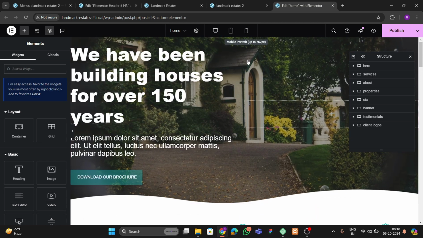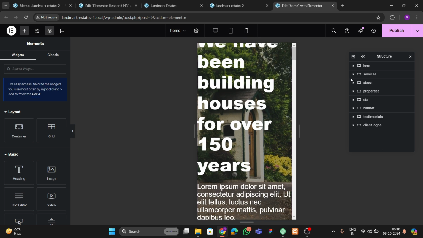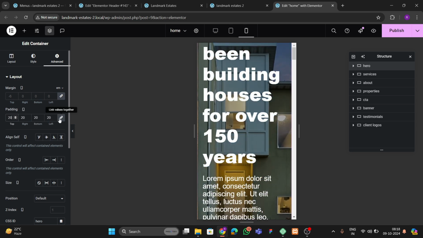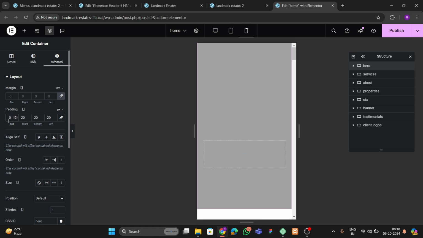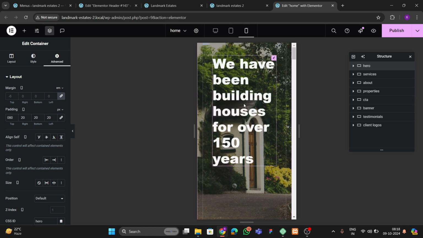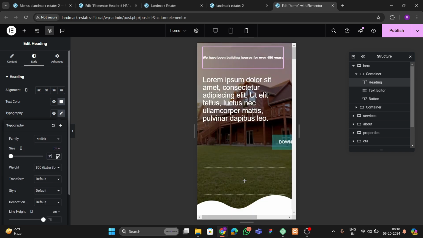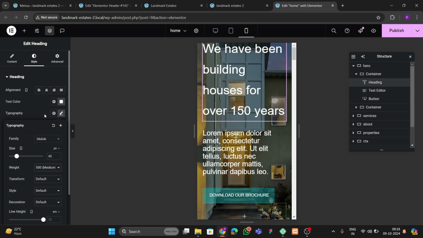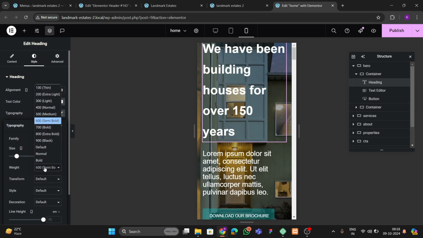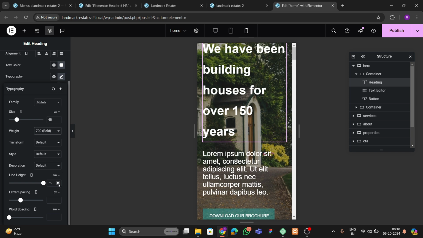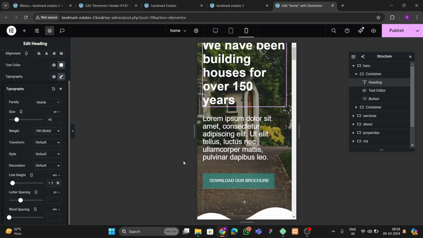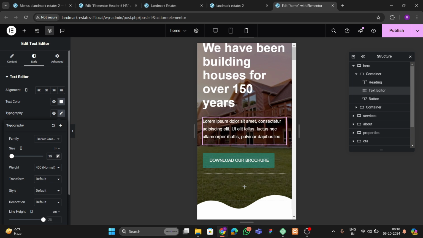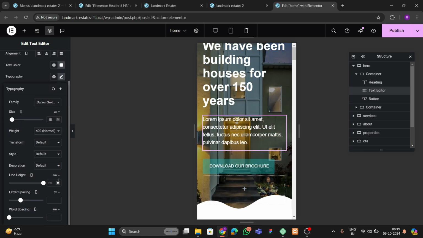Okay, so now we have to go to the mobile part, and in the mobile part we have to go to the hero section, and here we can add some padding like this, and at the top we're gonna add 80. Okay, and now we can choose on this, and here we're gonna play with the font size. Let's put the font size to 45, and here we're gonna make this 500, or we're gonna make this 600. Then we're gonna go to the EM value like this, and we can also click on this, and go to styles, and here we're gonna play with the font size to 18, and here we're gonna add the EM value